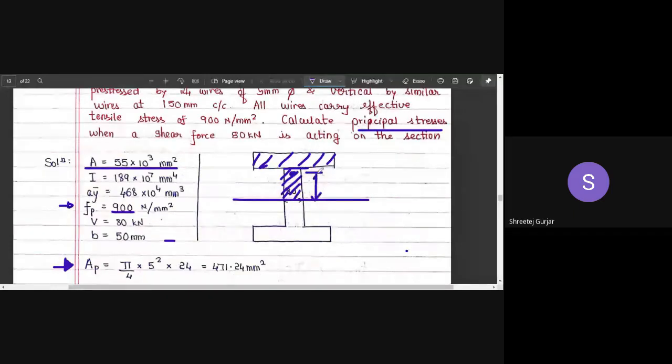So V will be given to you, A and y bar I have told you how to calculate, divided by Ib. Moment of inertia, you know how to calculate, as you have calculated previously in this particular subject also. So you know how to calculate I. And B, which you have to consider, is this particular B where your plane of interest is, that is nothing but here, which is 50.